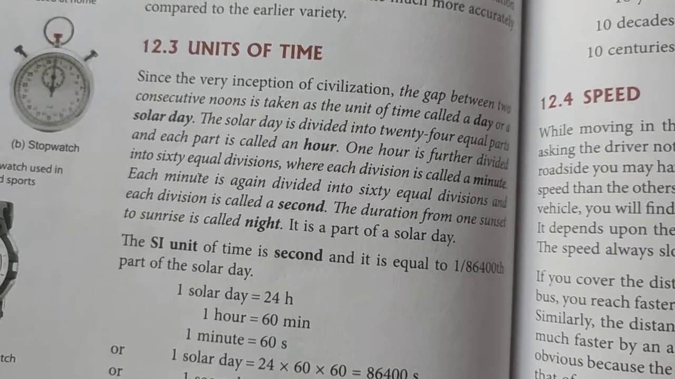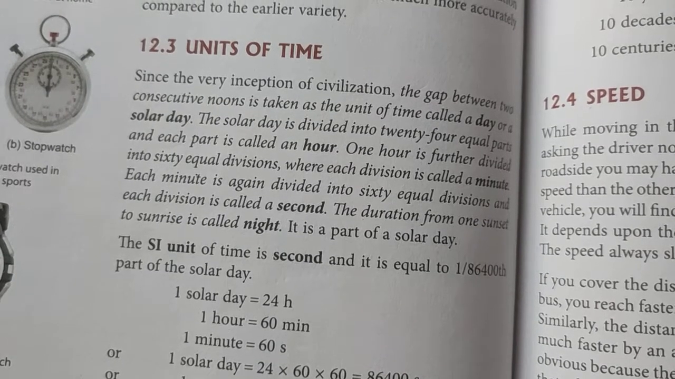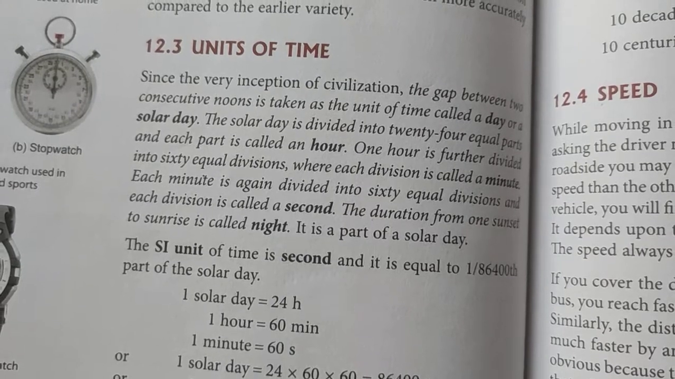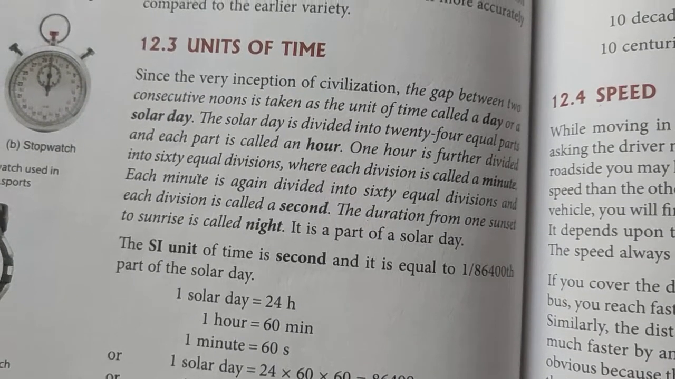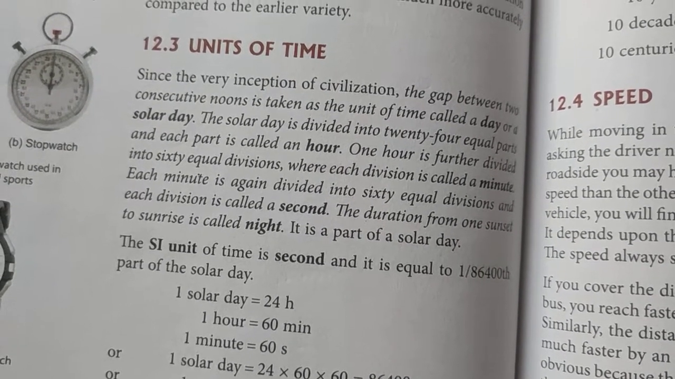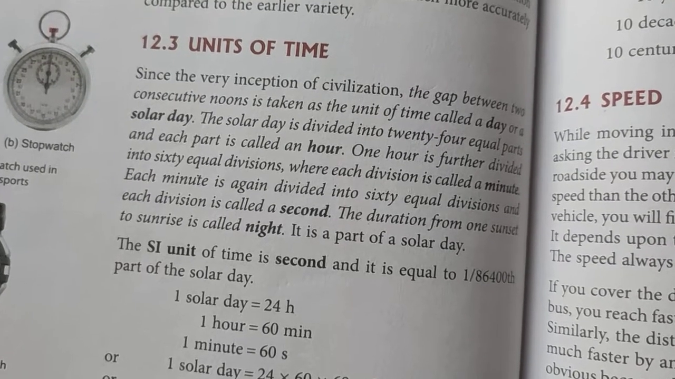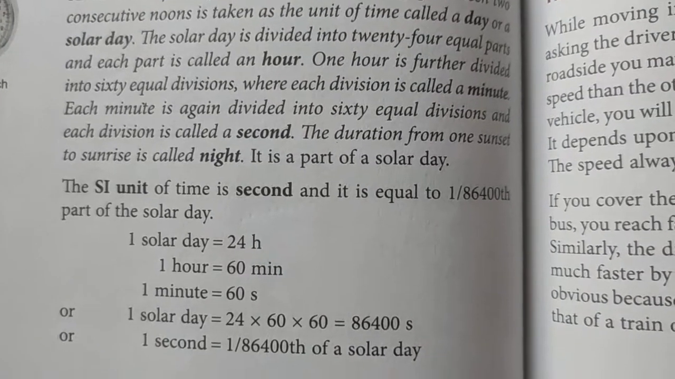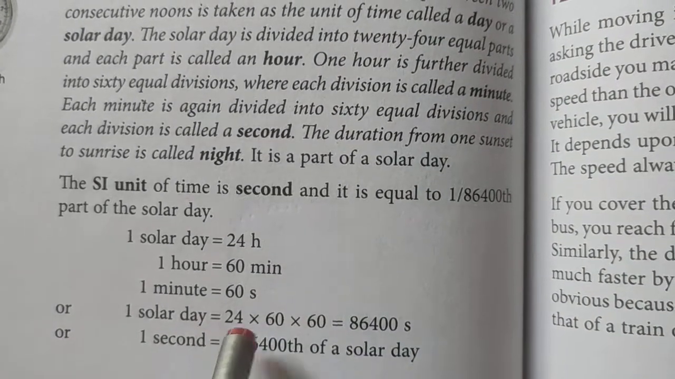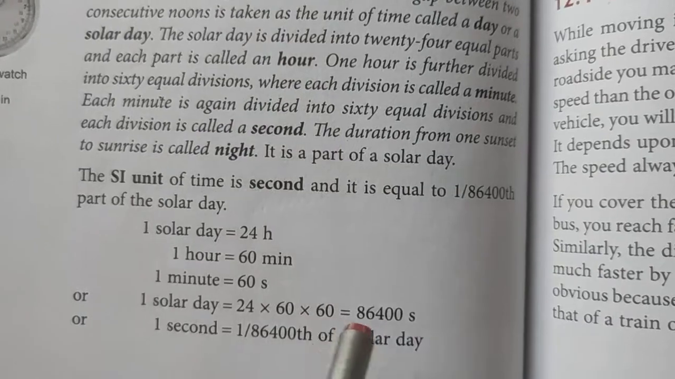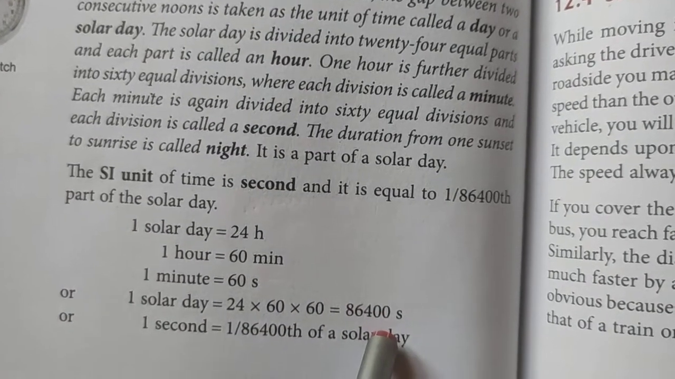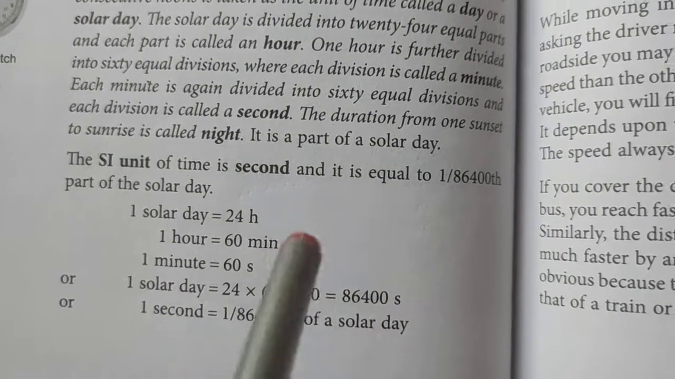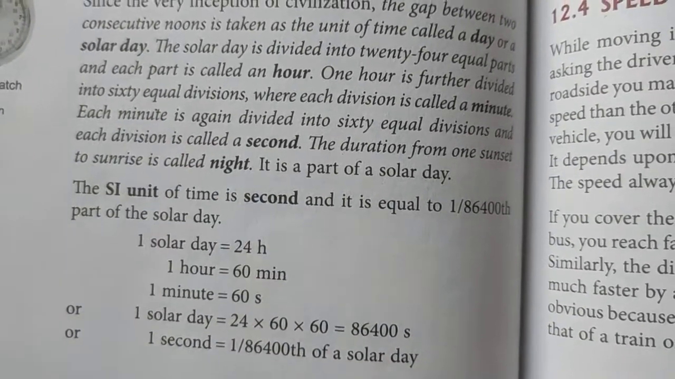Okay, so one solar day will be how many seconds? 24 into 60 into 60. Why? 24 is the hours. One solar day is 24 hours. Now if you want to convert it into minutes, we'll multiply with 60. Again, further if you want to convert into seconds, we'll multiply again by 60, and it will have this many seconds, or 1 second will be this much of a solar day. Now the night, what they are talking about, from the sunset to the